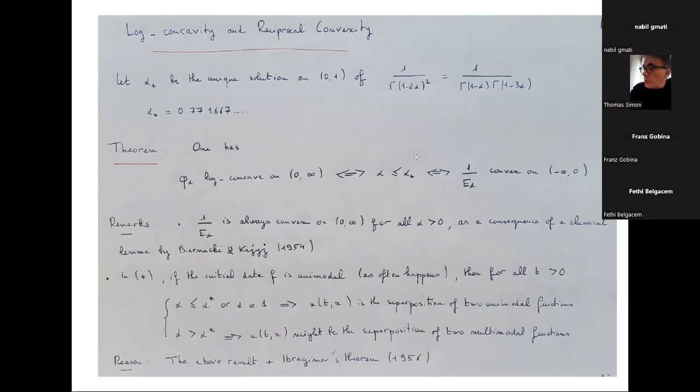solution of the previous integral differential equation and see that if the initial data is unimodal, then the property will be preserved in each factor of the sum, which means that the solution, which will be the superposition of two unimodal signals, will always be like that if and only if alpha is smaller than the critical parameter, alpha star.